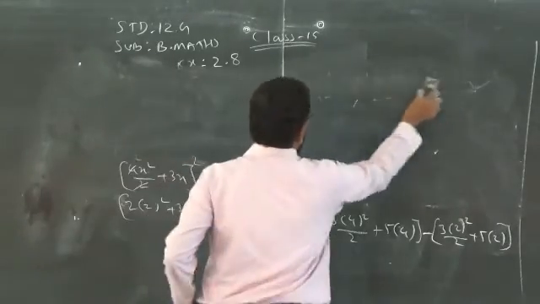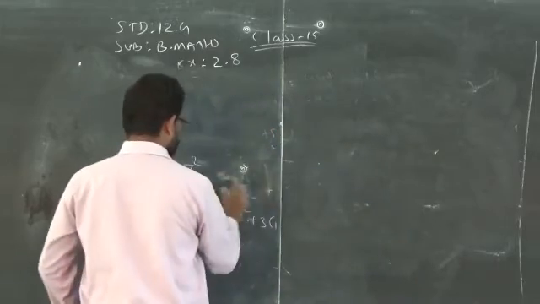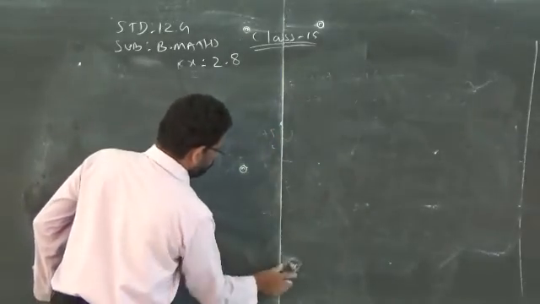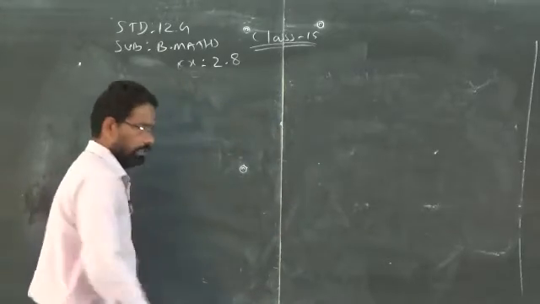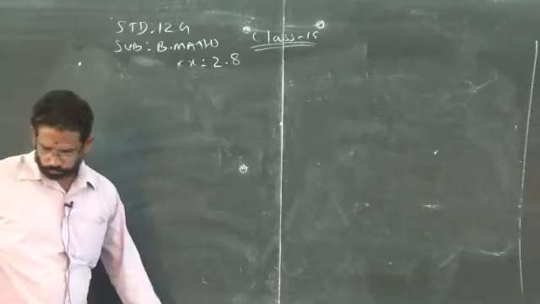This is very simple integration. The only thing you have to be careful of is using the upper limit and the lower limit. Most of you make mistakes only in terms of sign. So be careful. Now, sum number 2.